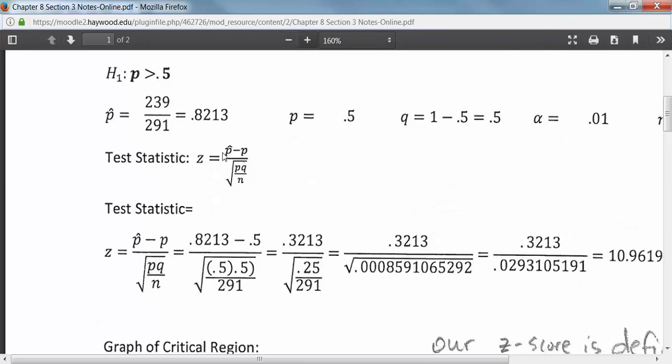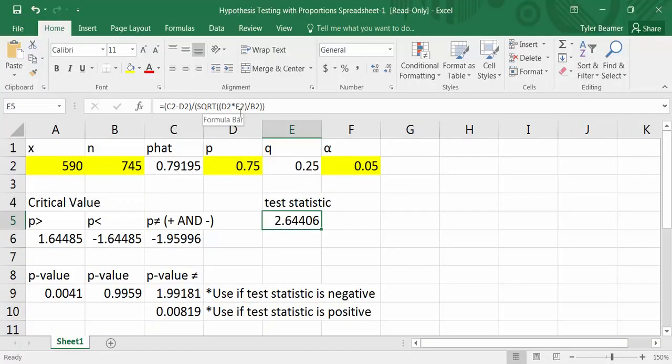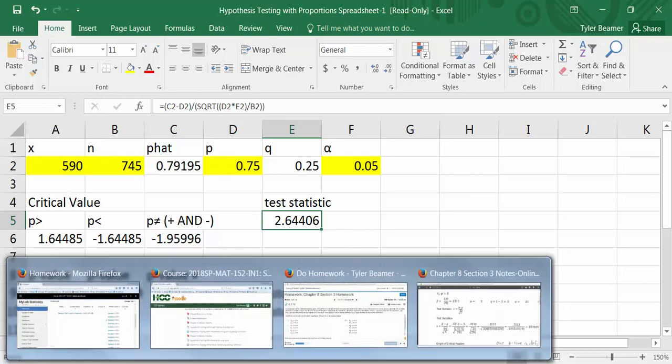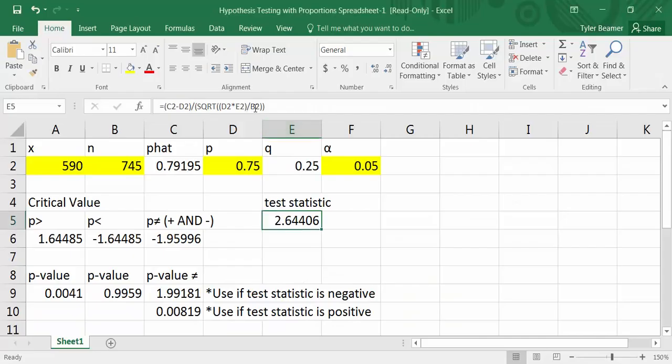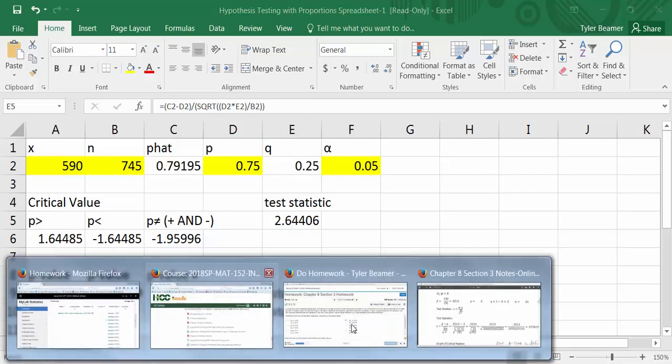So the test statistic is a z-score, and it is the sample proportion minus the null, so p hat minus p, and then that's divided by the square root of p times q divided by n. So this formula here is doing that z-score formula that I just showed you in the notes. I have essentially just typed this formula in Excel to match it based off of the data that we have here. Okay. So then this is our test statistic, our z-score, so 2.64,